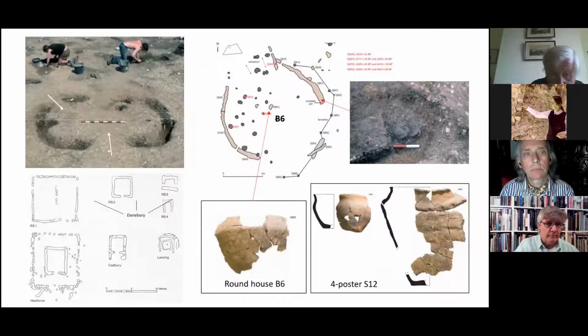And here it is, top left of the slide. It has clear similarities with other structures often interpreted as shrines or cult buildings, including those in the centre of Danebury Hill Fort and the famous, if famously undated, example at Caesar's Camp, Heathrow, which you can see bottom left of the screen. And it may have been sited, the Stockley structure that is, to protect stored produce or